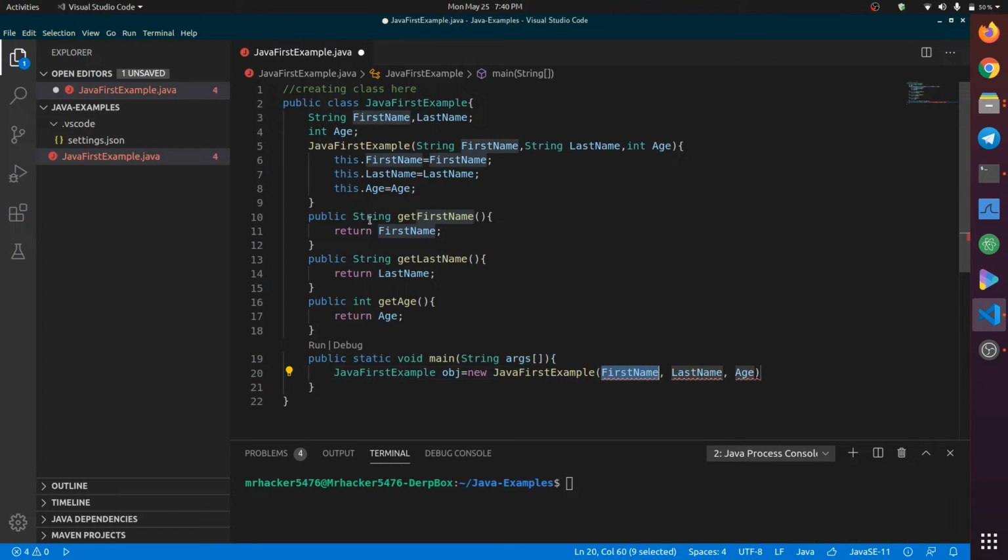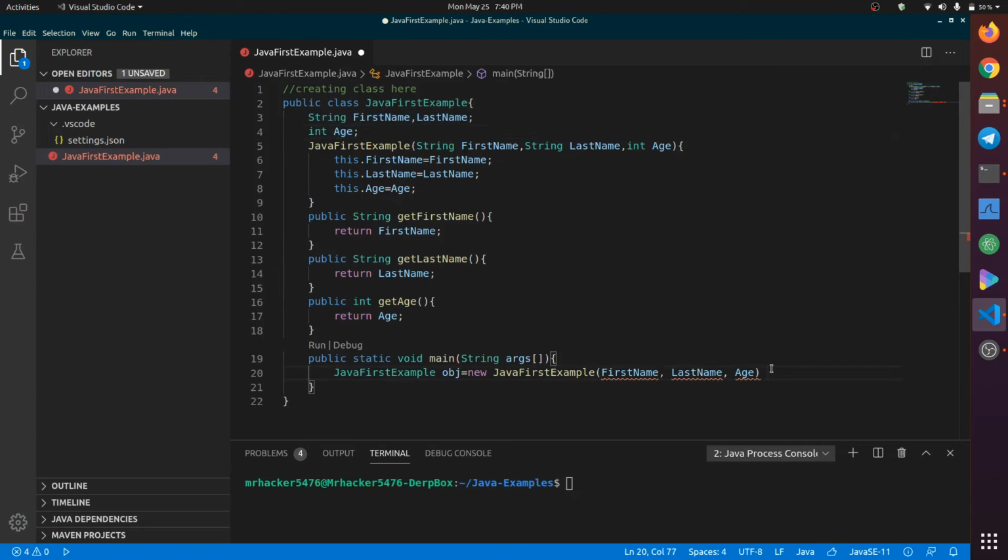So basically our constructor gets called whenever we create an instance of our class, just like this. So obj is our instance of our class JavaFirstExample, and whatever we pass here will be passed to our constructor and will be stored in the string and the integer age fields.